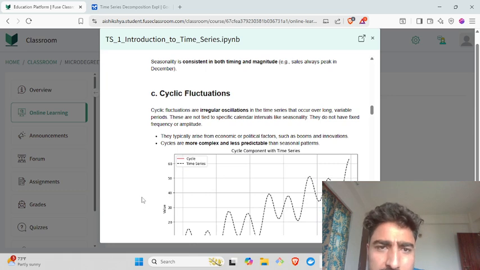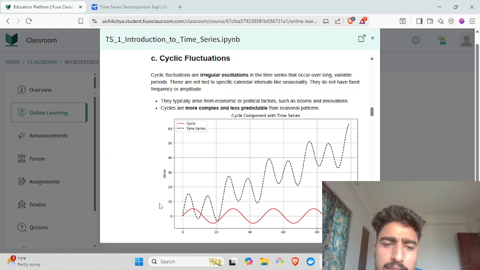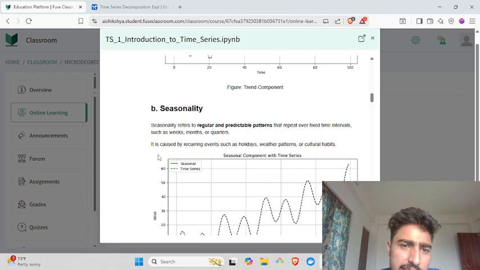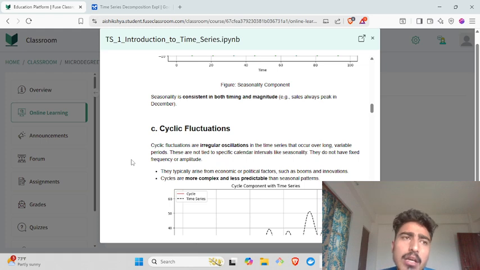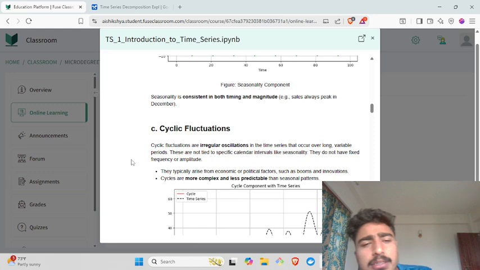And we have cyclic fluctuations. It seems cyclic fluctuations and seasonality are similar, but they are actually not similar terms. Cyclic fluctuation is an irregular oscillation in a time series that occurs over a long, variable period, whereas in seasonality we have a fixed time interval, like it can occur weekly or monthly or yearly or quarterly, but in cyclic